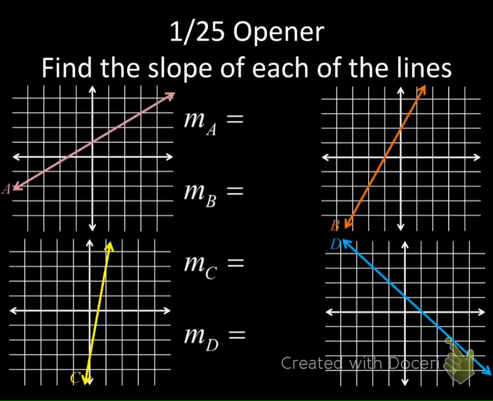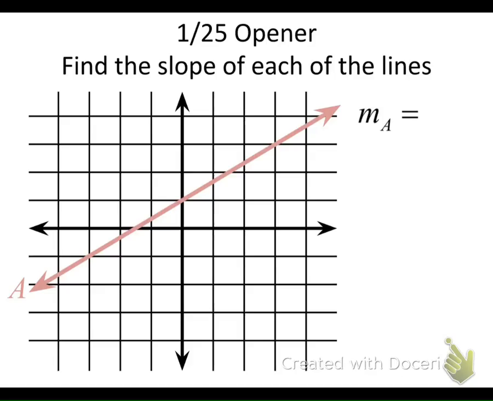Okay, so today's opener is going to be a review of finding slope using rise over run and using intercepts to graph lines. So let's take a look at the first one here. So the first we have